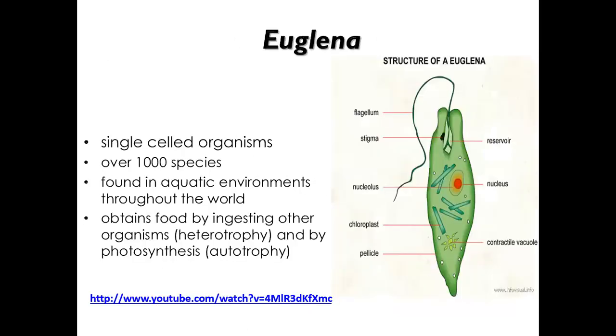So this is another protist, not as harmful as those last ones. This is Euglena. And this is what I was talking about with the flagella: it's got this whip-like thing that comes out and whips back and forth to help it move. These are found in water environments. They can be heterotrophs, so they eat other organisms, bacteria, or other protists. And they can also do photosynthesis, so they're autotrophs as well. So they can get their nutrients two different ways.